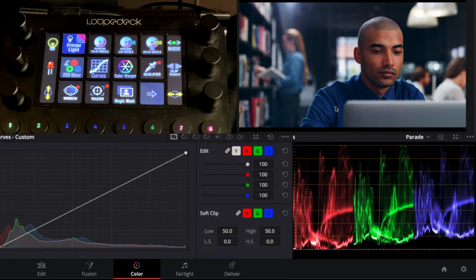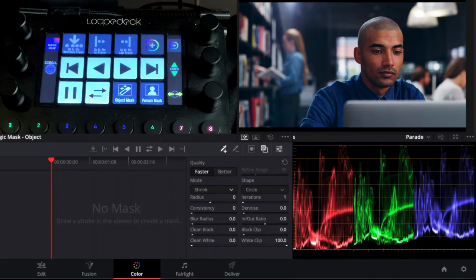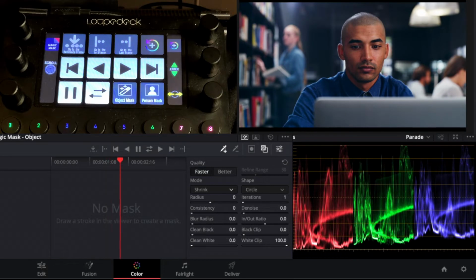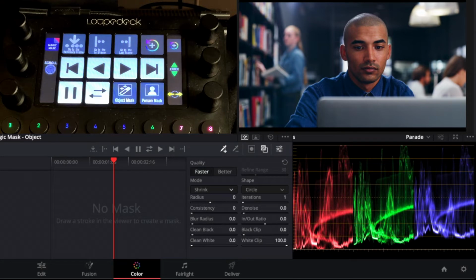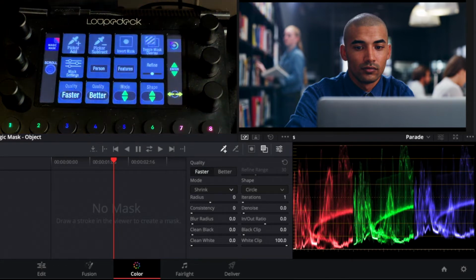So on our DaVinci main panel, we're going to switch over to Magic Mask, and that will open up the Magic Mask feature in DaVinci. We're going to select a starting frame that we can use to start identifying the area we want to feature. Let's just start in the middle here. Switch to the second page. We already have the picker selected by default in Magic Mask, so we can just start grabbing our mouse and drawing around our subject,